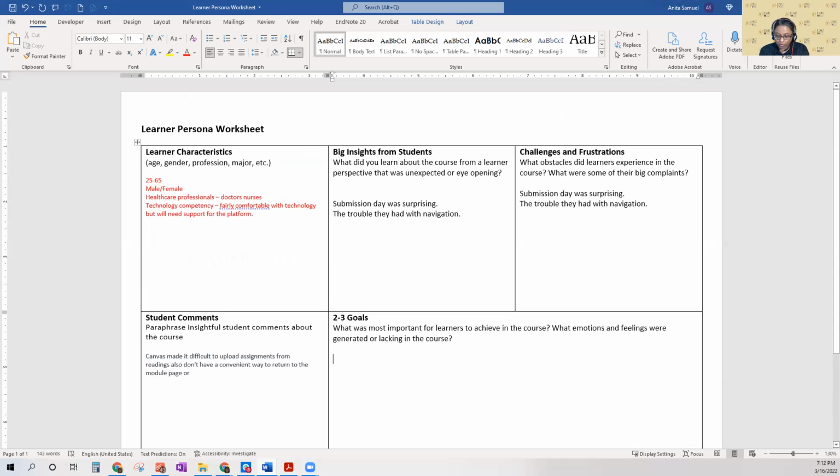So there were a lot of positive feelings for the module creation, and frustration with navigation. What emotion was lacking in the course?